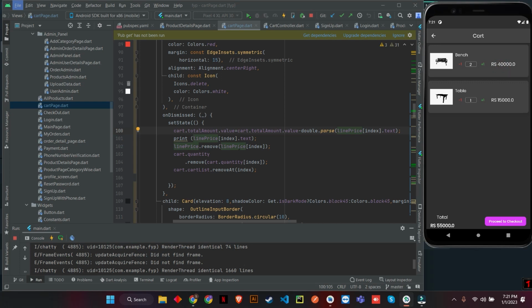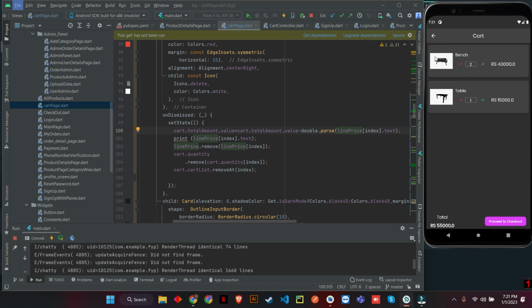I'm also removing the line price from the list of line price text editing controllers. I'm just removing the specific index that I am dismissing or deleting, the item from the cart,